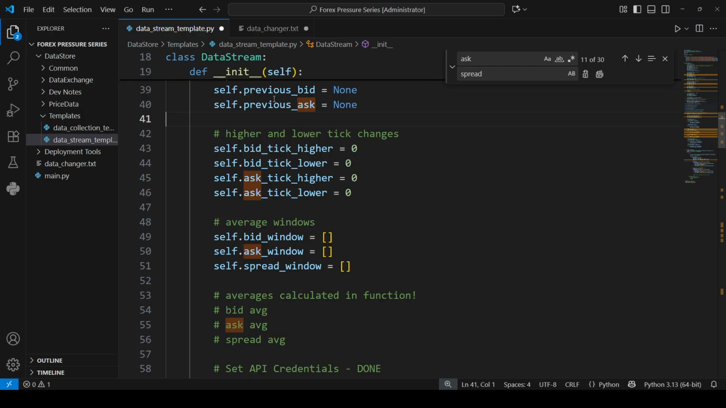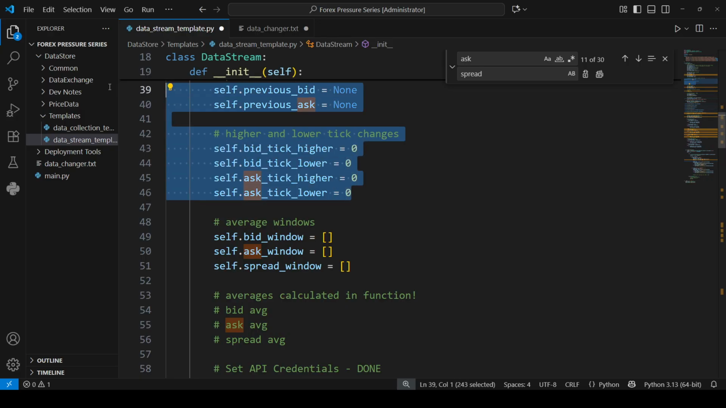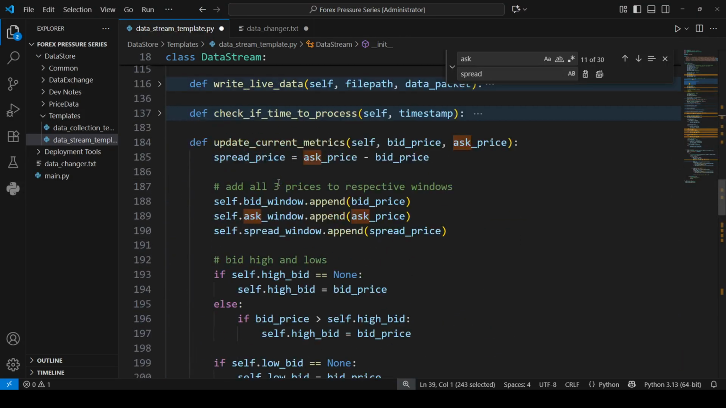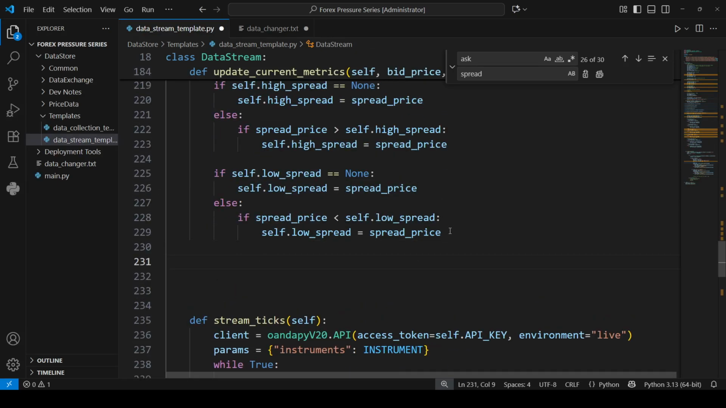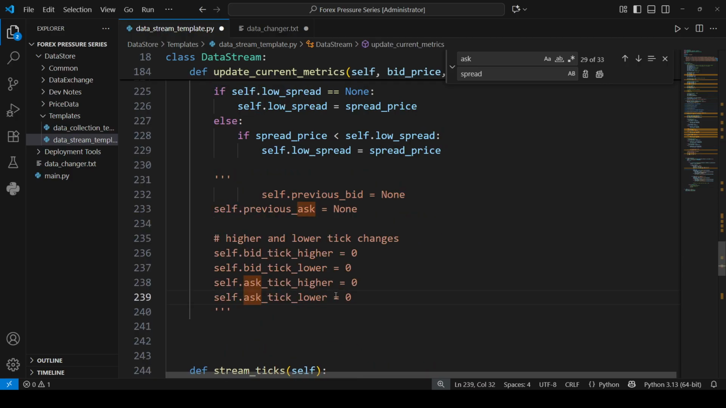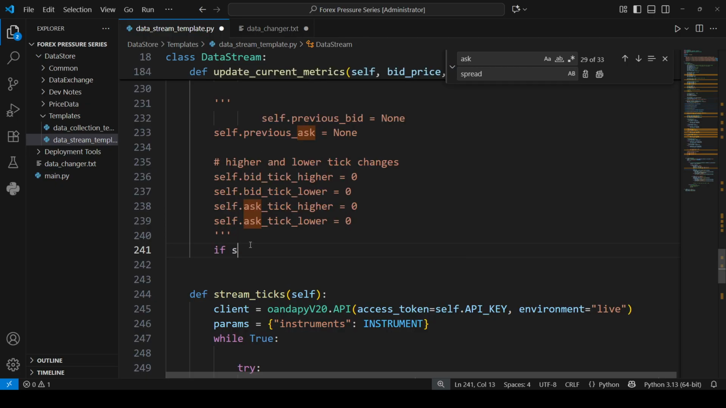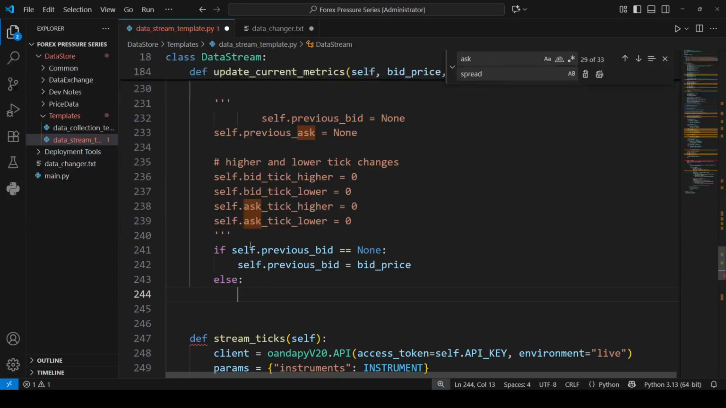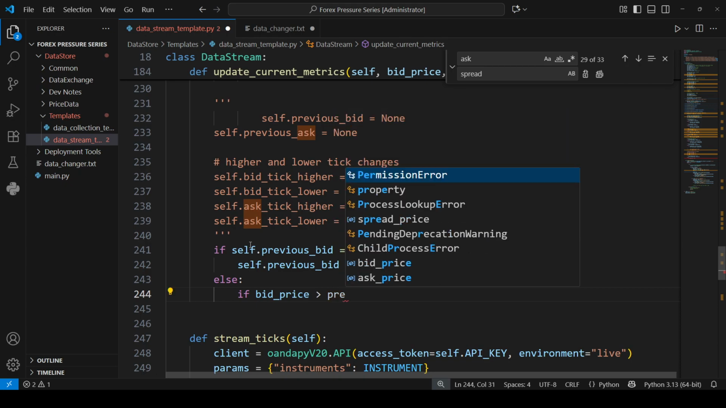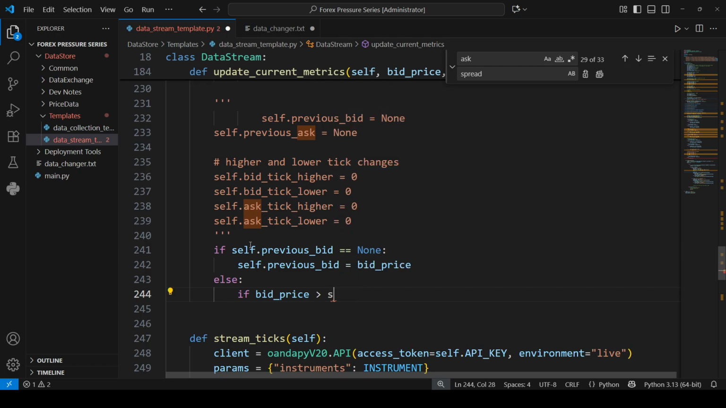And then we want to calculate these. So if those are nothing, just take this whole thing down for reference, again, just my notes. So if the self.previous bid is equal to none, then self.previous bid equals the bid price. Else, if it isn't, so if bid price is greater than the previous bid, self.previous bid,